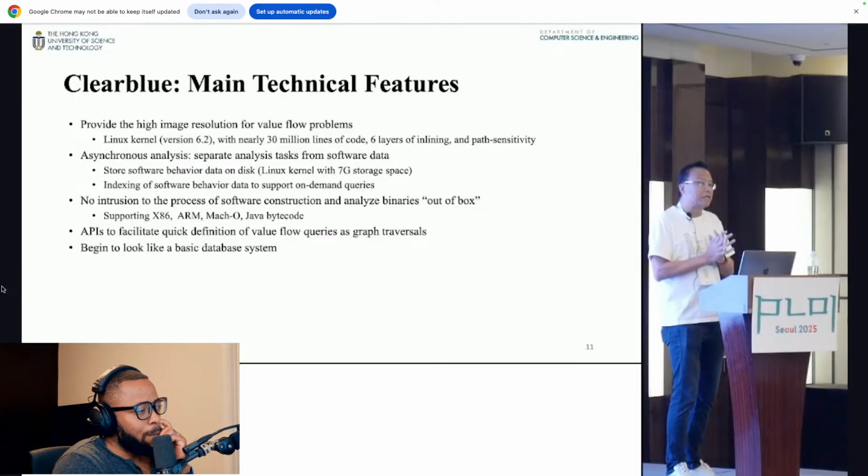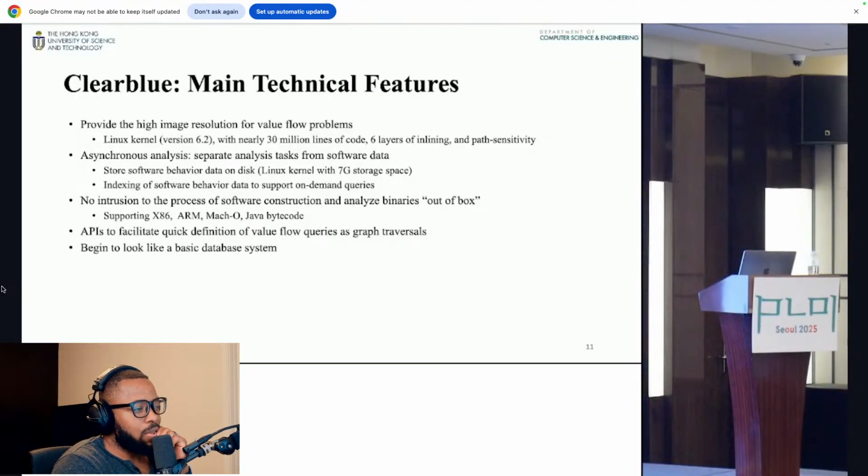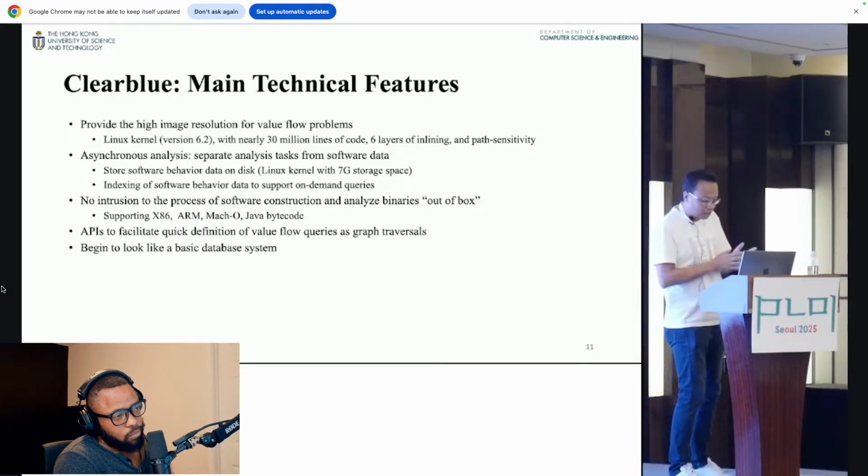It is non-intrusive analysis, right? We don't require you to modify any of your manufacturing process. One painful lesson for any static analysis person is that when you try to deploy it in reality, you're going to face what I call the last mile problem: you have to modify how you extract the symbols, so you have to modify the product development cycle of the software company, which is the last thing they want to do. Okay? So by analyzing binaries directly, we can do it out of the box, so we can support all of the major binary formats, including Java bytecodes.